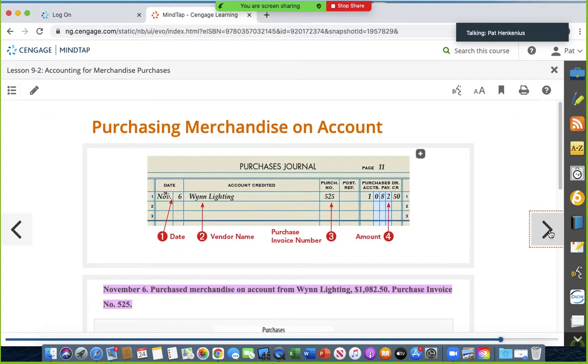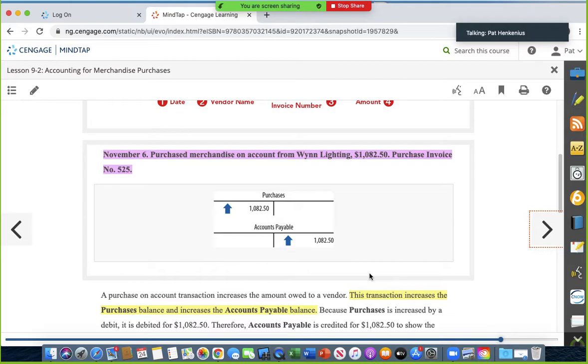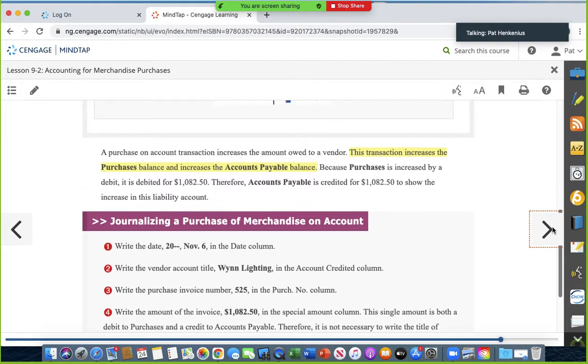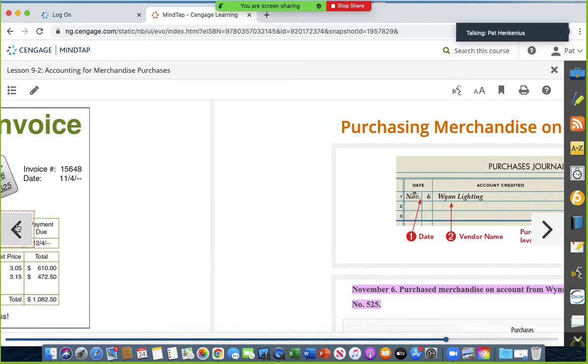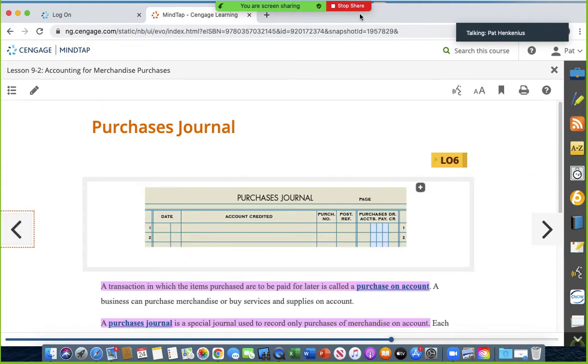All right. So here's what you will be given. You'll be given 3 or 4 of these transactions, and you'll have to record them into the purchases journal. The date, the vendor, the purchase invoice number, purchase merchandise on account from Win Lighting, and then you put the purchases debit, accounts payable credit right there. Debit purchases, it's a new cost account. To increase purchases, you debit it. To increase accounts payable, you credit it. That's all they're talking about. Okay? So that, in a nutshell, is 9.2. What we'll do